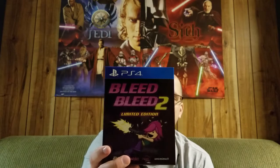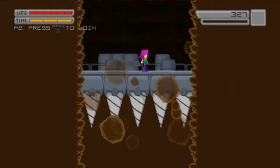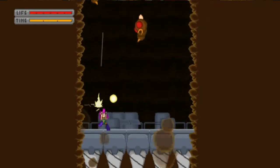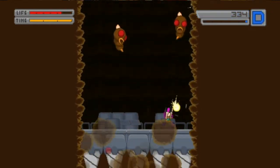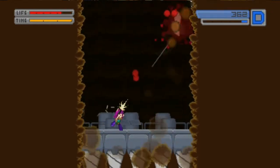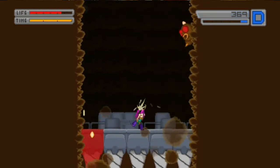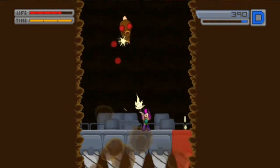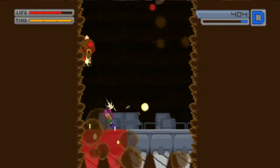Next one, we got Bleed and Bleed 2. So it looks kind of confusing. It looks like it's Bleed 2, but it's actually 2 games. So this was from Play Asia, first time I've ordered from them. And I was watching Metal Jesus Rocks. Radical Reggie suggested it. It's a twin stick shooter. So this one comes with the 2 game discs. It's got manuals, the original soundtrack,